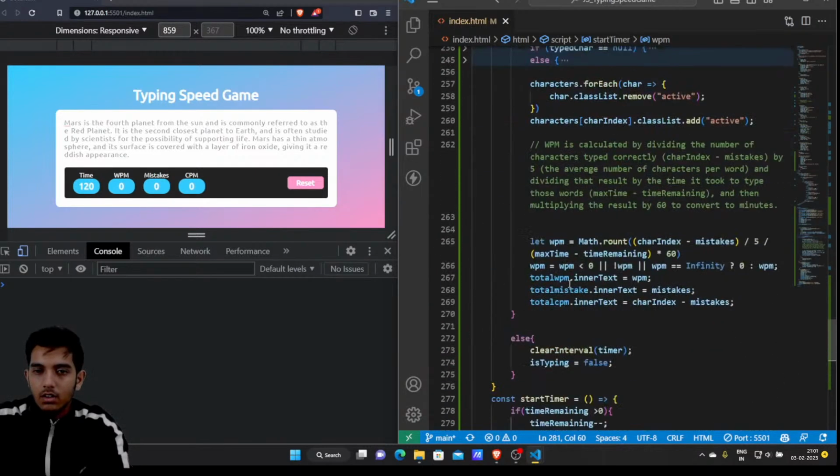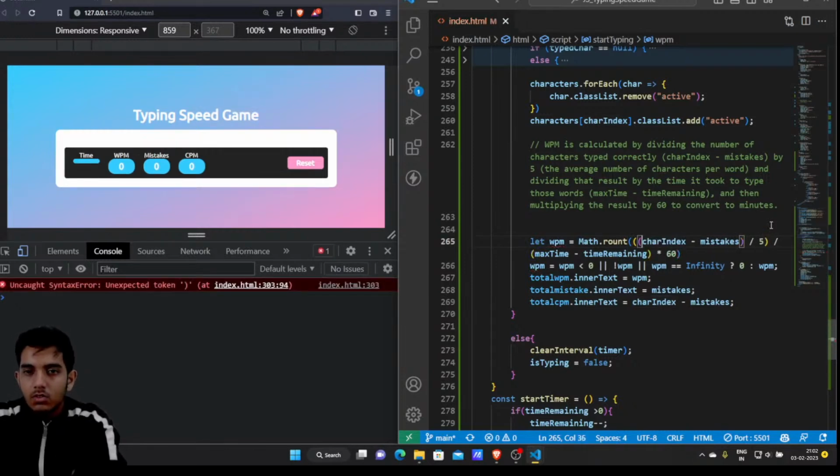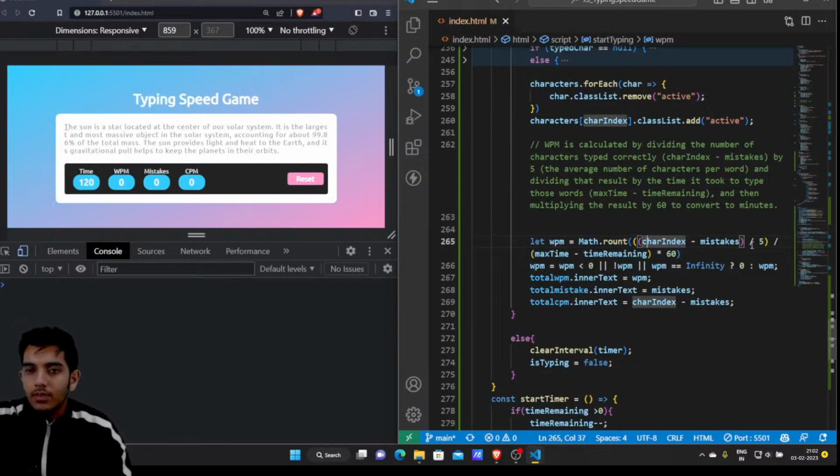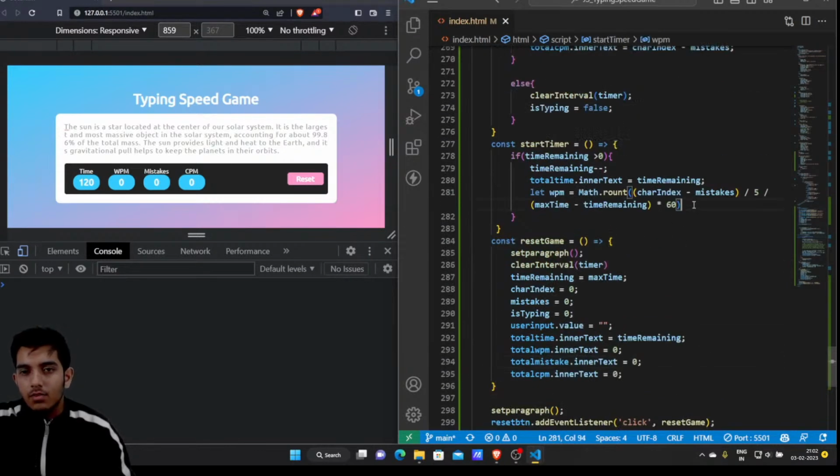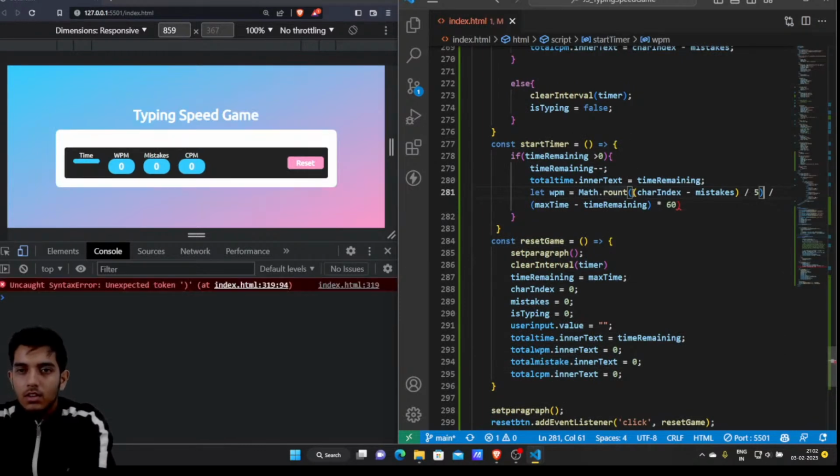Have I made a mistake? You can see that I made a simple mistake here in the formula. So for that, you can actually add a few brackets. These two brackets will be added, and now I guess it's fine. Okay, so it actually removes the confusion. You can see that first I have divided this by 5, and we have divided by max time and time remaining, and we have multiplied it by this 60, whole by 60. Okay, so now we can continue, and you can see that we have done the same. So for that, I'll just make this as